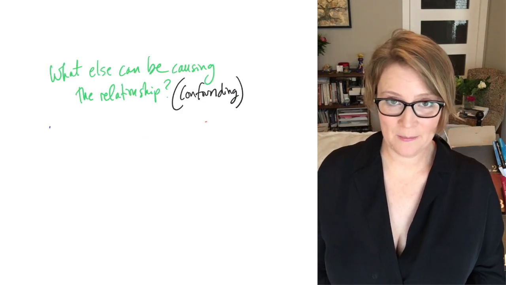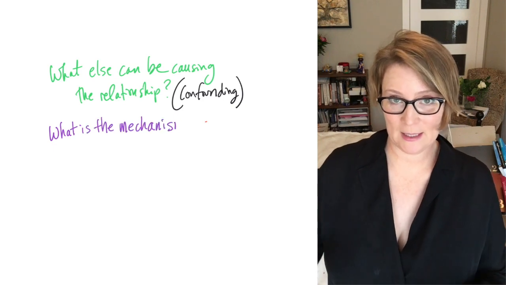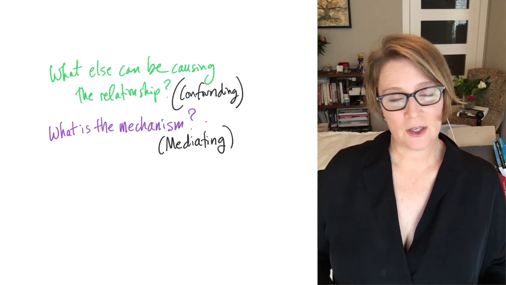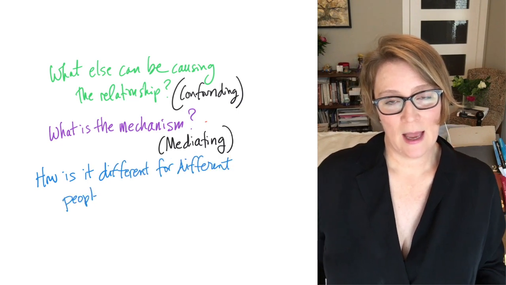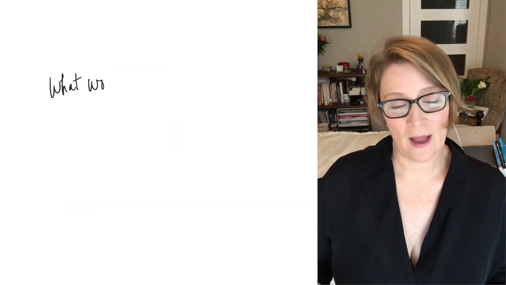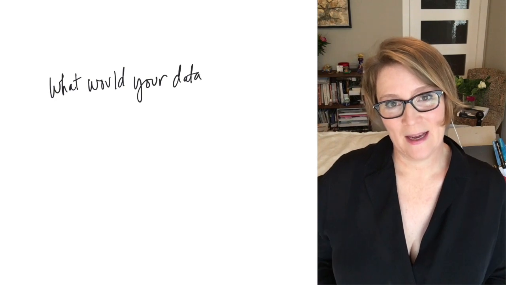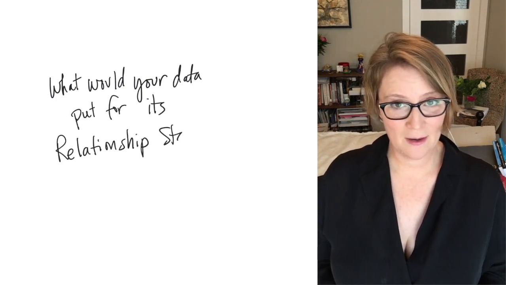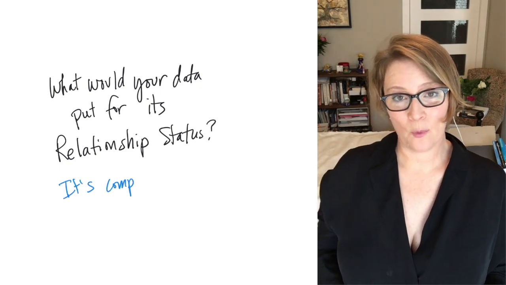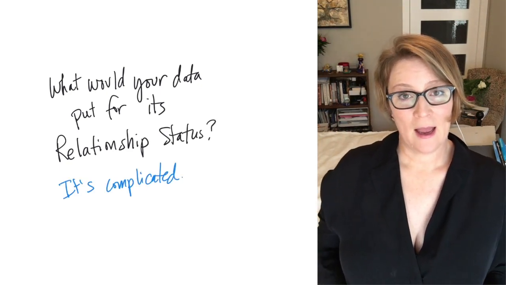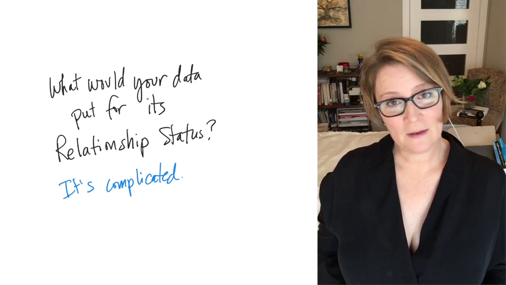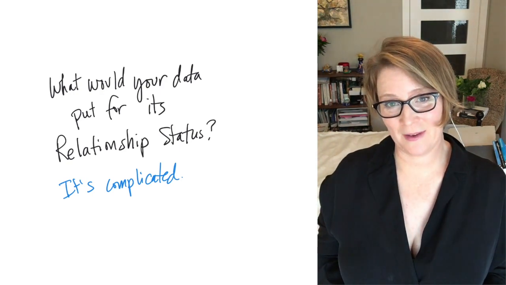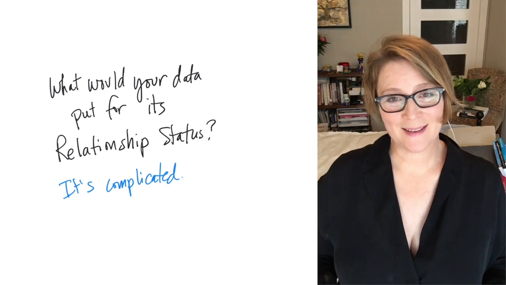What's the mechanism that might be causing the behind the scenes relationship? And is the relationship different in different situations? Asking these questions is essential every single time you sit down to tell a story with data. Is the relationship status here a moderator, a mediator? And what are the confounding factors? Can you control for the different confounding factors? Can you talk about the different confounding factors? Once you've done this, these are your three new best friends. They really help you tell the story, and we're all set.